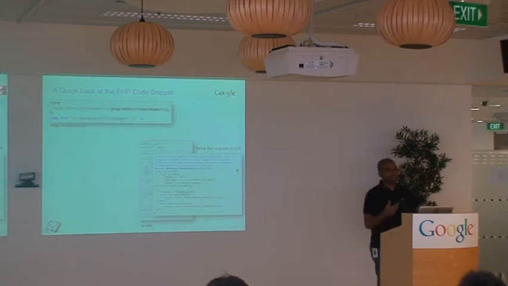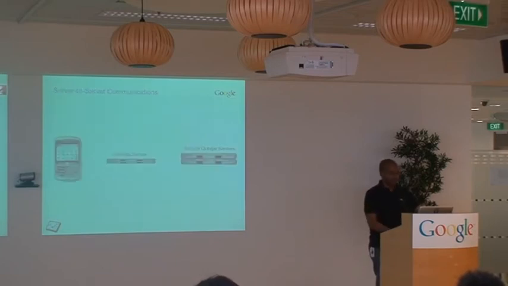And what it actually does is encapsulate all these parameters, all this information. And remember that UTM GIF file I showed you before, the request that's made for that? It basically mirrors that and sends it across to the server. So instead of your phone sending all the information across to the Google servers, it sends it across to your application server, and then your application server sends that information across to Google Analytics. And that's how we get over the issue of working with devices that don't support JavaScript or cookies right now.